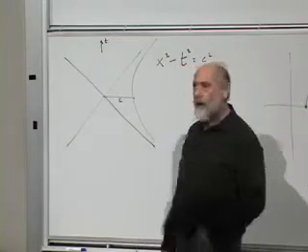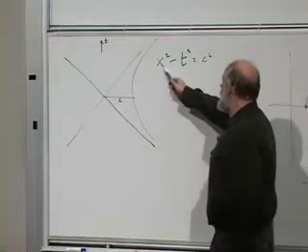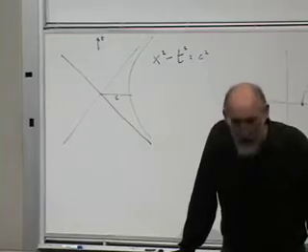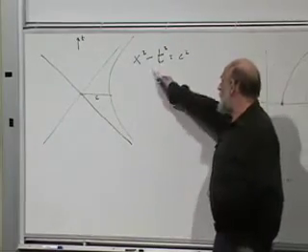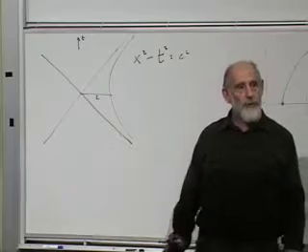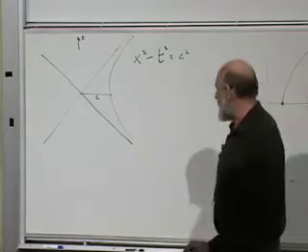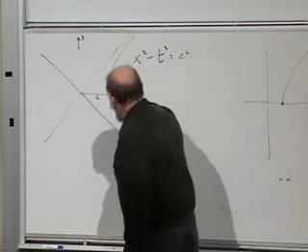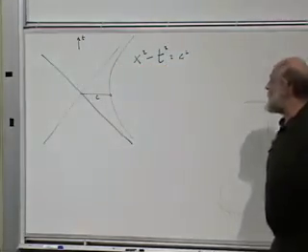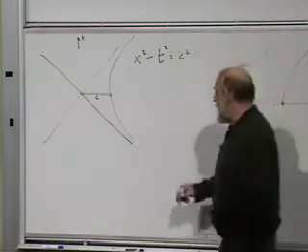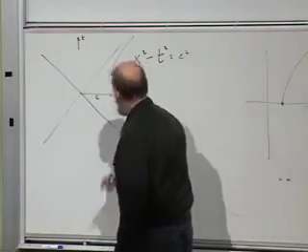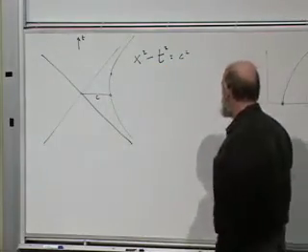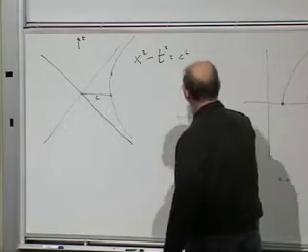How do I know that? I know that because x squared minus t squared is an invariant of a Lorentz transformation. We've gone through this several times. x squared minus t squared is the thing which doesn't change when you do a Lorentz transformation. In other words, if I do a Lorentz transformation and I have a point at which x squared minus t squared equals c squared, after the Lorentz transform, it will still be on the same hyperboloid. The mathematics of this is almost the same as saying you have a circle